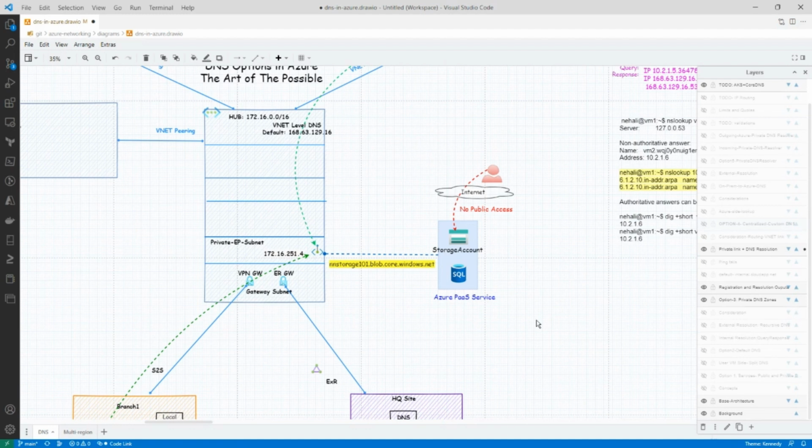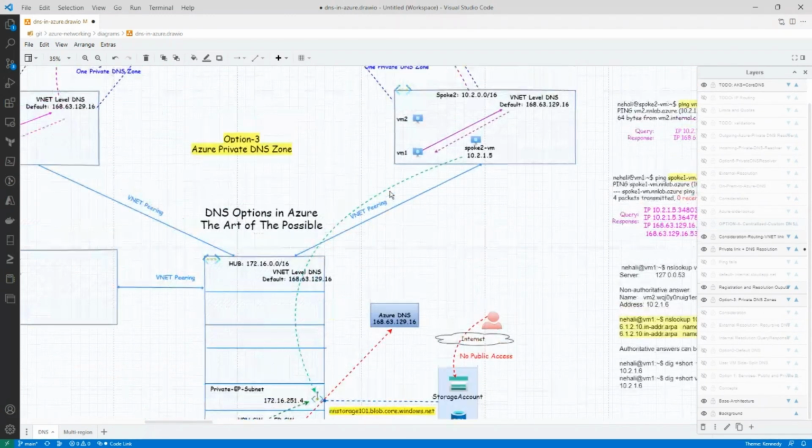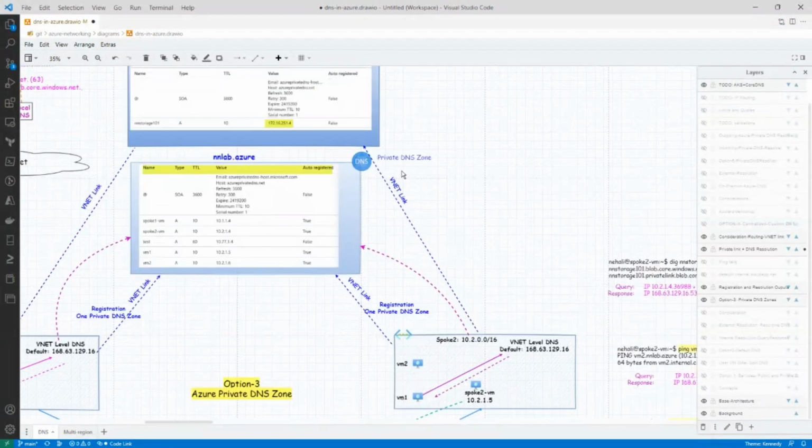Now, let's look at some of the considerations for this design. A couple considerations. One is that with a lot of the VNet links, you have to manage and maintain these different VNet links when, as you spin up more VNets, you have to maintain these links. And the second consideration is that